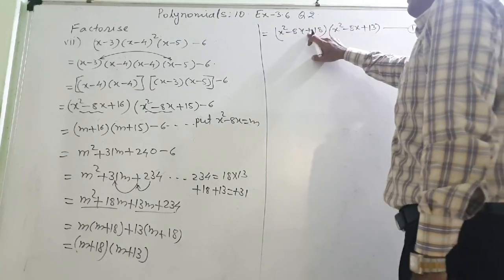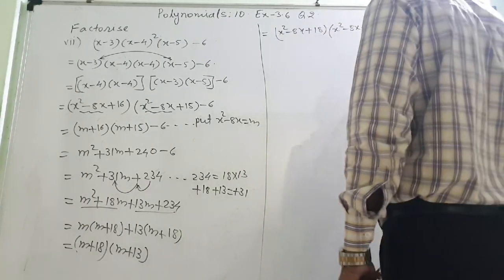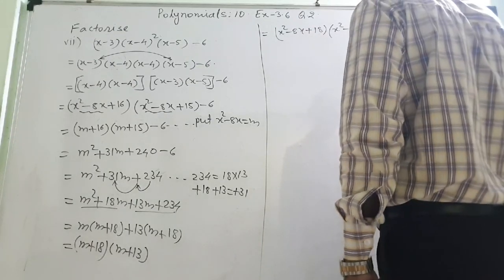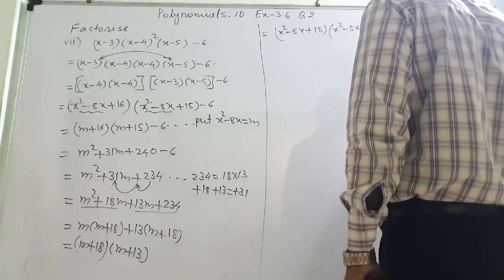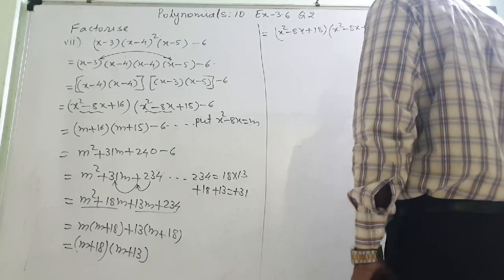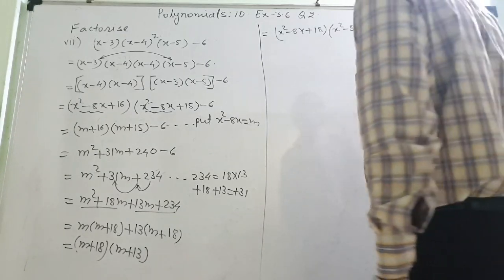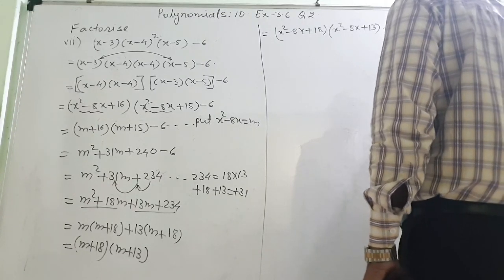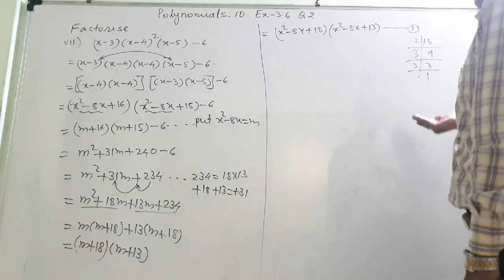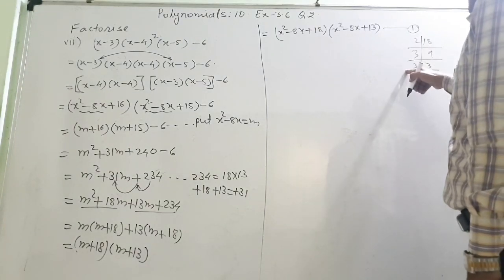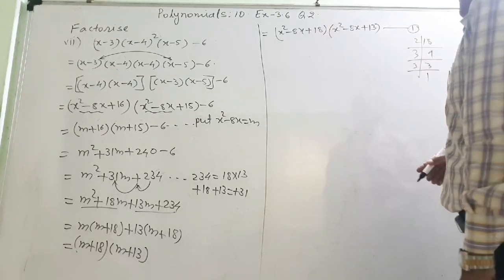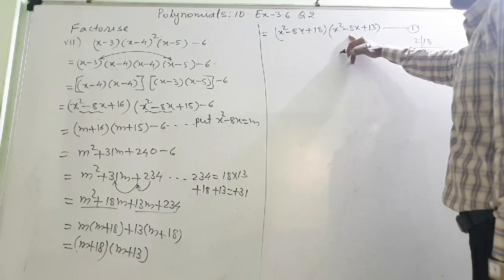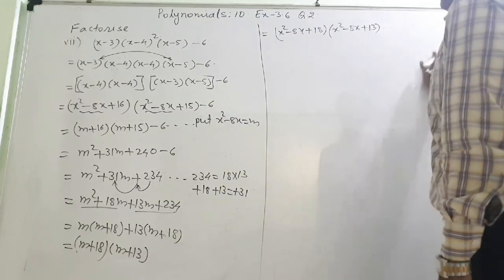So whether this is possible, I will check it. For 18, 9 and 2, 9 plus 2 will be 11. No. 6 threes are 18, 6 plus 3 is 9. No. So I don't have the factors for this. See this 18: 2 nines are, 3 threes are, 3 ones are. Now make any two groups, this 9 and 2. It will not be 8. So this cannot be factorized. Likewise 13, factors whose addition is minus 8, not possible. So this is the answer.